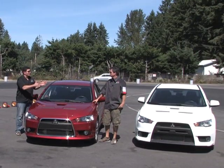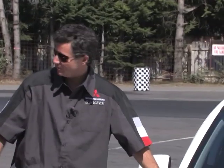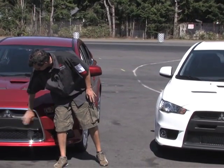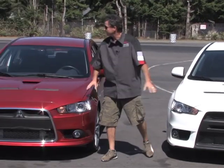So rather than take a car like the base Lancer over here and the GTS and add things to it, they took the Evo, right, and they took a few things off. What are some of the things they took off the Evo 10? It's the same aluminum hood. It's also got a special grille, which is different than the other, with the blackout trim here, but does have the chrome on the side as different from the Evo to differentiate it,